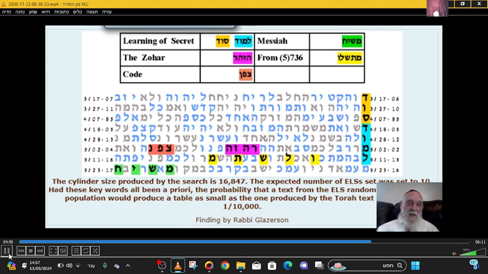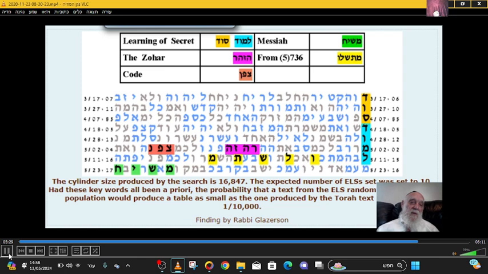Now, this is connected with the Messiah, as we said, the era of Messiah, and this is the code. So you have the Zohar, the code, all this verse. You can see according to the colors. And again, the analysis of this table by Professor Haralick from Glazerson University in the States, and this is what he says: that a table as small as the one produced by the Torah text is less than 1 in 10,000.